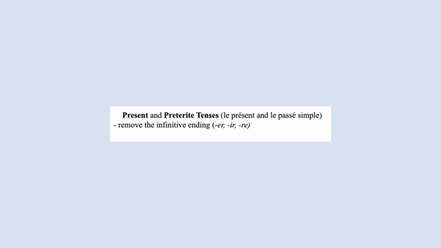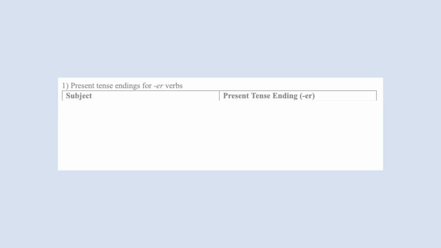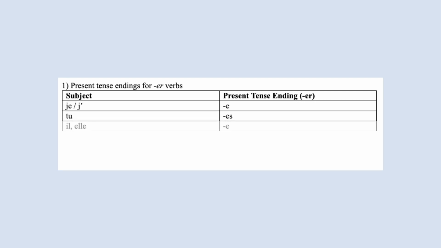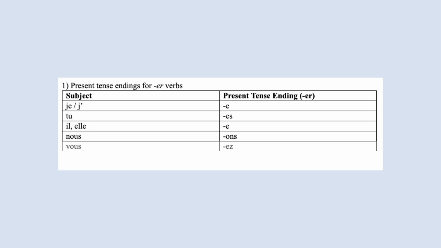The present as well as the preterite in French simply remove the infinitive ending of the verb and then add their respective endings to that stem. The present tense endings for ER verbs are